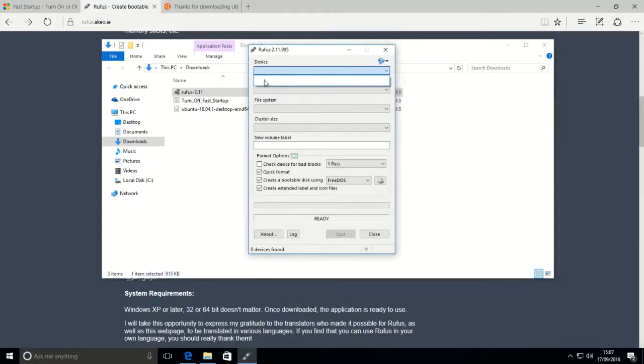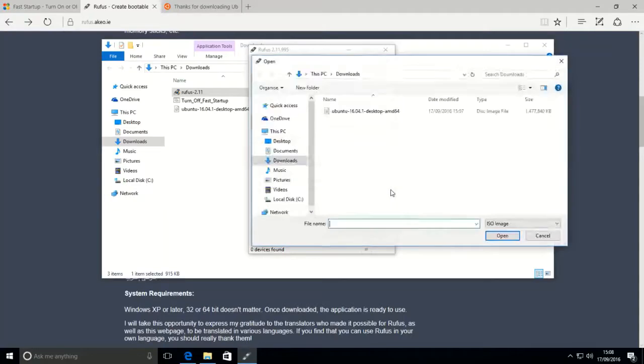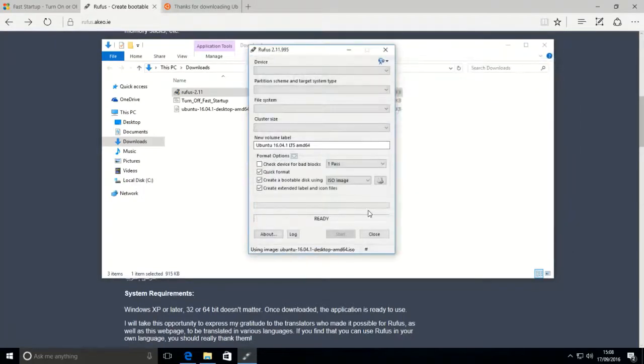you want to choose your USB device there. I don't have one plugged in right now, but you could just choose your USB device there. Leave the partition default, leave the file system default, probably should be on FAT32 or exFAT. Cluster size, you can have that at default, or otherwise have it on 4096 bytes. And then after that, we want to go down to here where it says create bootable disk using FreeDOS, change it to ISO image, click this. This will allow us to choose the Ubuntu ISO file, double click on it, and it will load it in, and then press start, and wait for it to run, and then you'll be done and you can take your